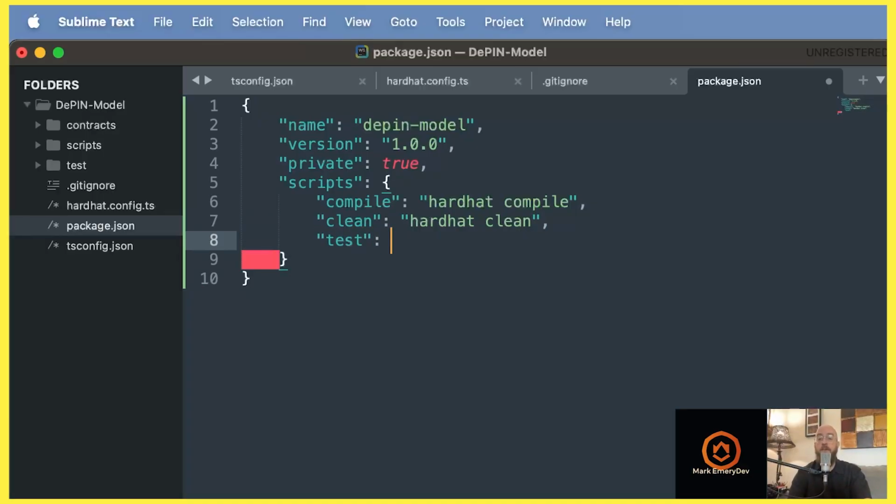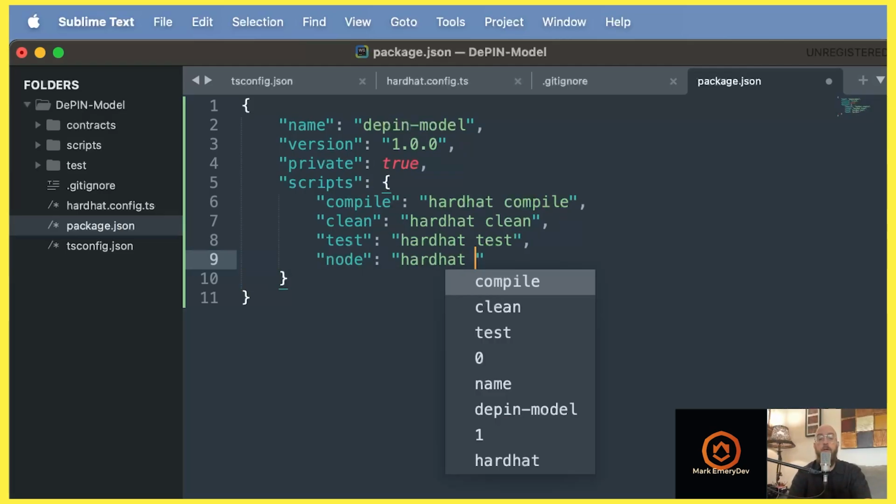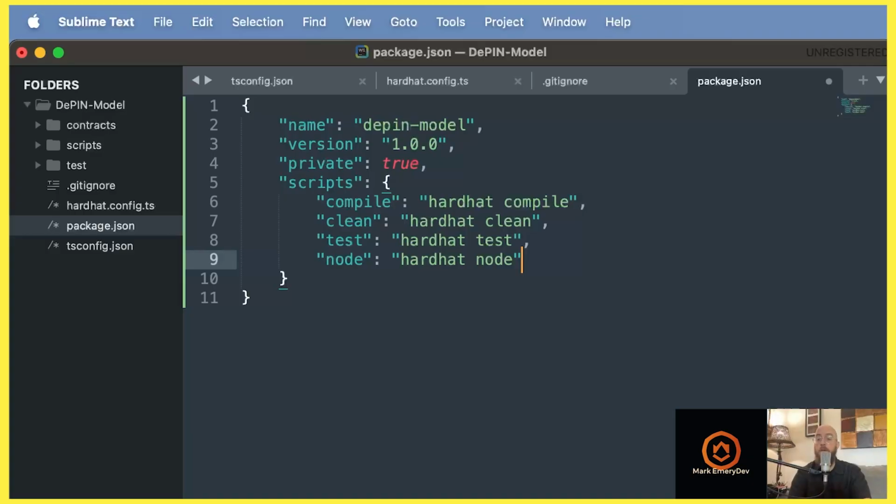For a test. Okay. For node, hardhat node. And for local deployment of our contract,